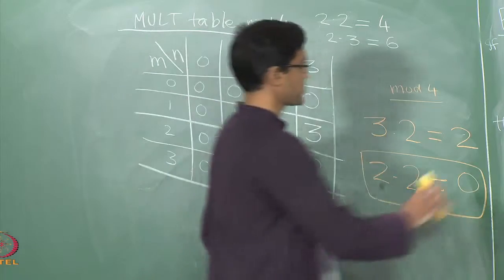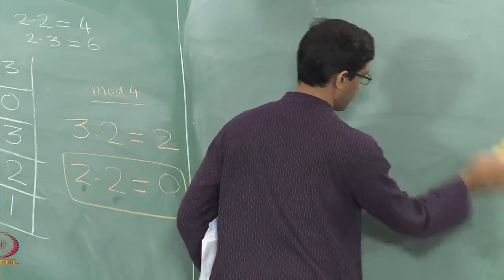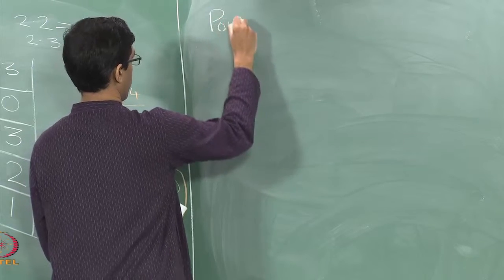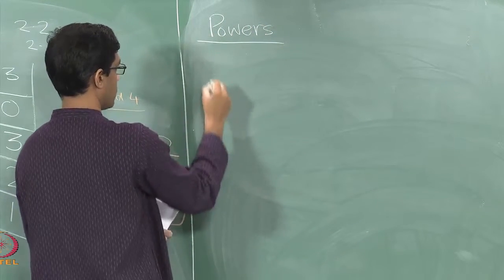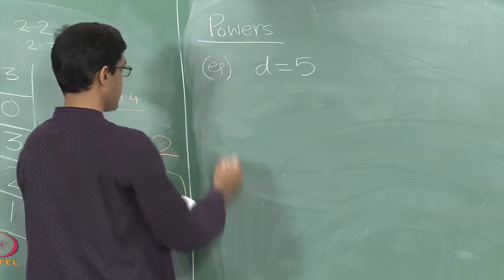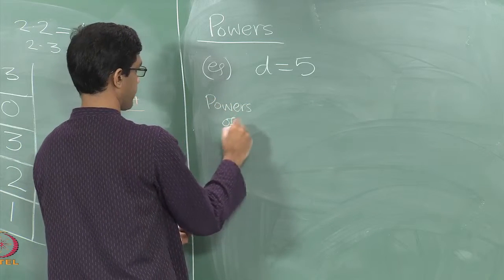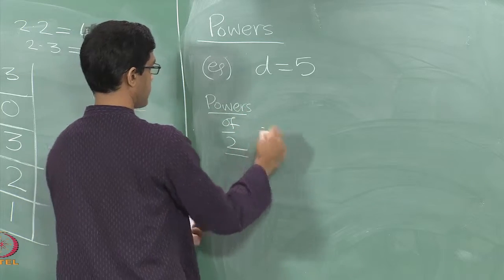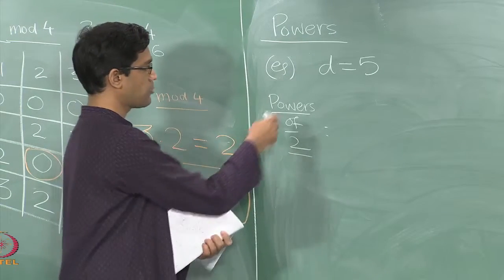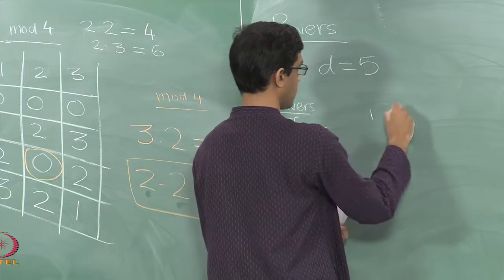And one last thing which is again related to multiplication is powers. What do I mean by this? We could take for instance d to be 5, and let us write out all powers of 2. You keep raising 2 to higher and higher powers, and what do you study? Well, you study the remainder that you get when you go modulo 5. So what I am going to do is write out all powers of 2,